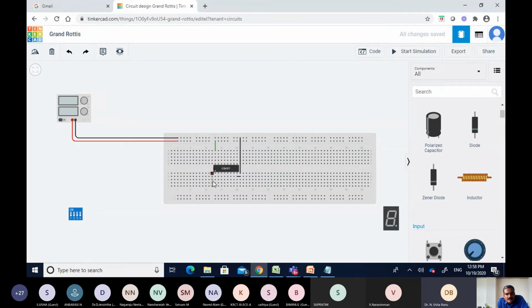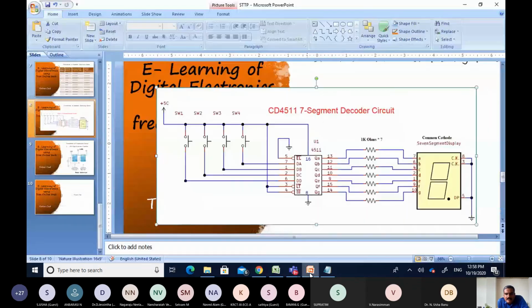Okay. If you look at this mouse over, it shows input 2, input 3, lamp test, blanking. So this lamp test, blanking and latch enable, all these 3 pins have to be handled, right? That is what we have seen in our theory. So lamp test, blanking and enable: two of these are connected to VCC and one is grounded.